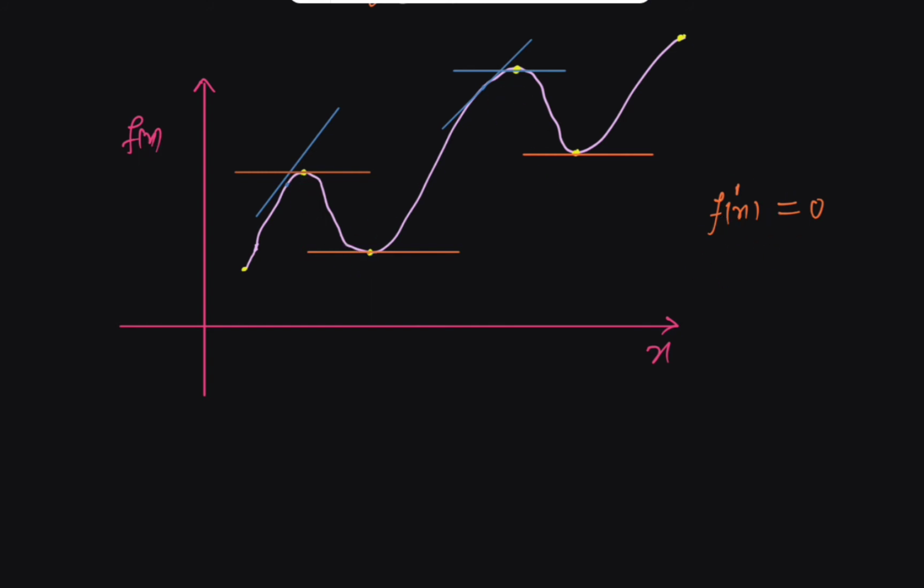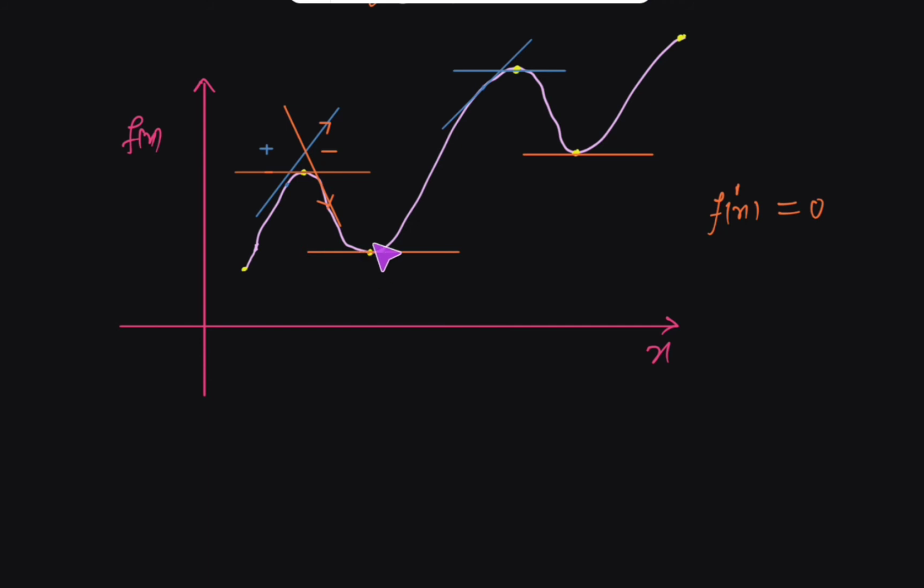Now, one more thing we also need to look at. If this is a point where the slope is 0, just before that, if we draw a tangent, it will have a direction like this. So this will be representing a positive slope, and just after the 0 slope point, if I draw a tangent, it will be like this, and this will have a negative value. So before this point the slope is positive, and just after the point the slope is negative. If the slope before the point is positive and after the point is negative, then definitely this middle point will be representing a local maxima.